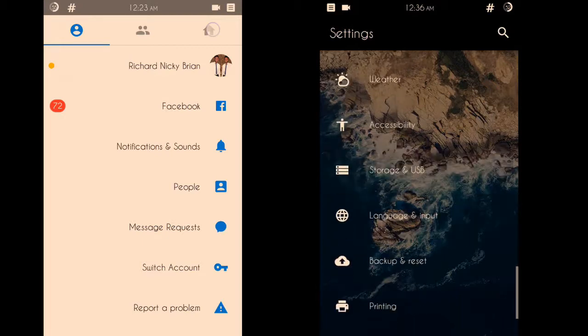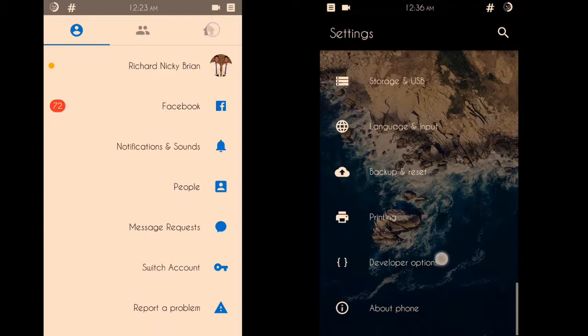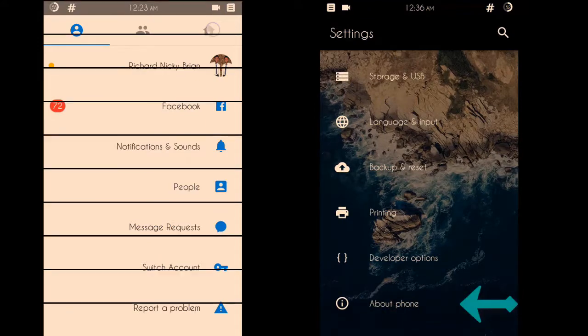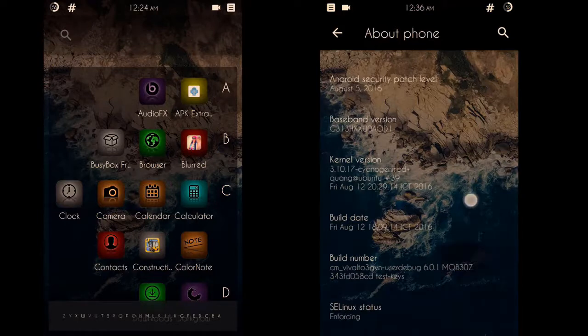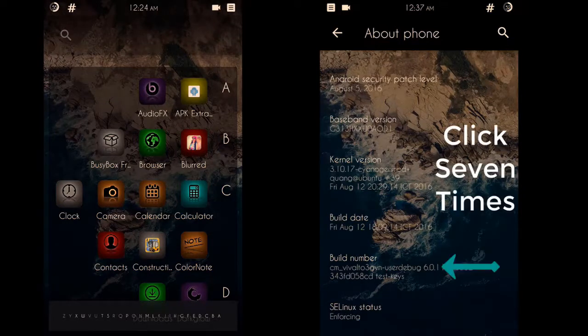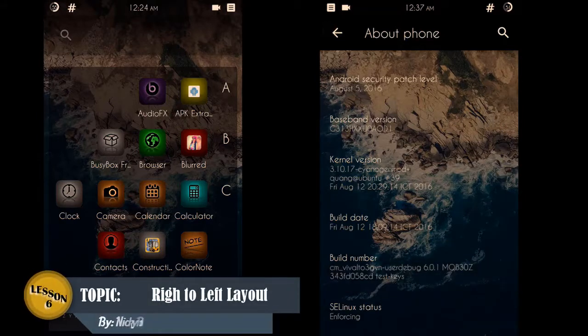scroll down to about phone. If you don't see this option here, just click about phone and scroll down to build number. You tap it 7 times until it says, no, you are now a developer. Okay, you go back